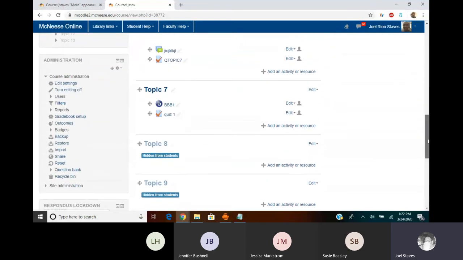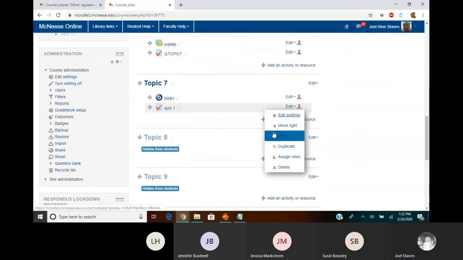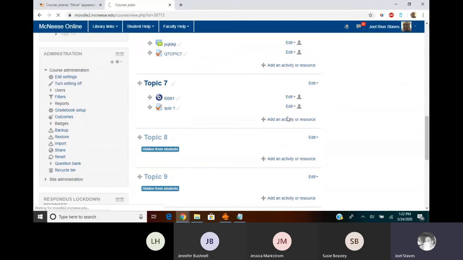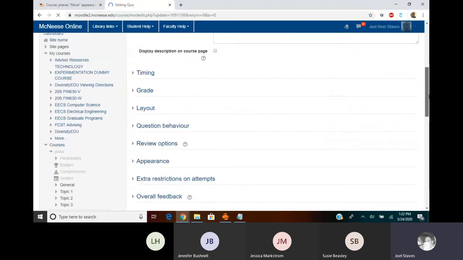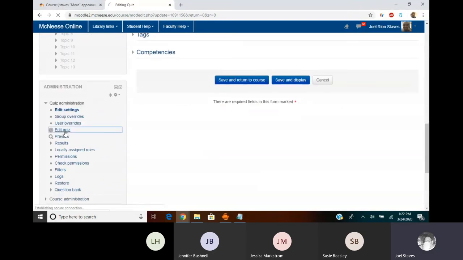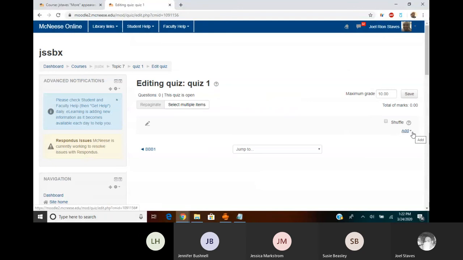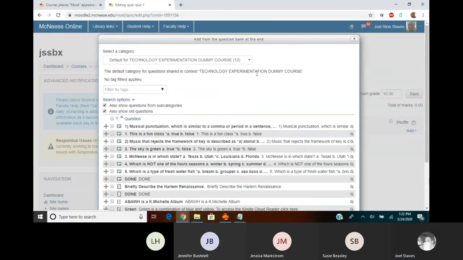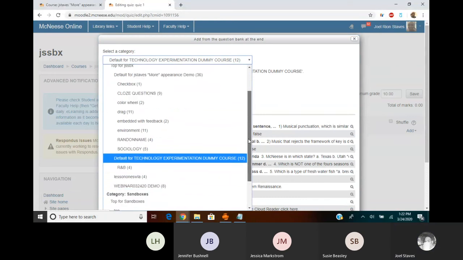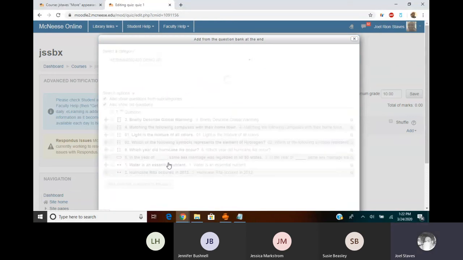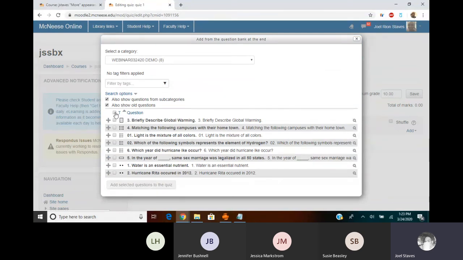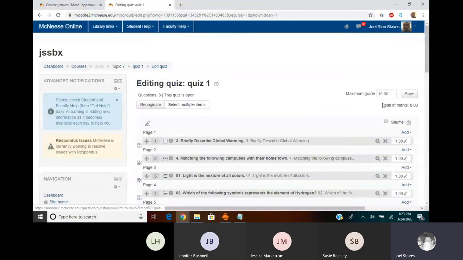If you decide you want to edit these, we're going to edit the settings, and let's edit the quiz. And now let's add some questions. We're going to add these questions from that bank. You can select them all, or you can select the ones that you want. So if we add these selected questions to the quiz,